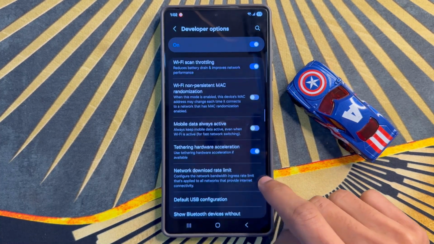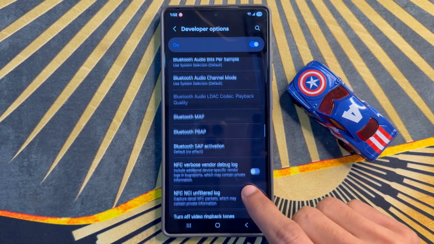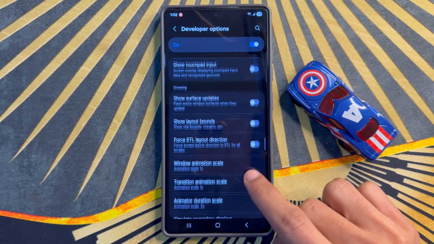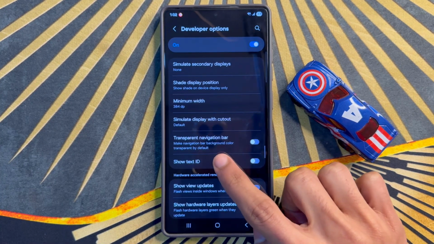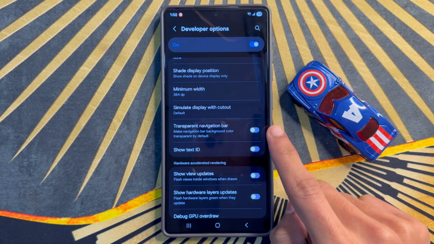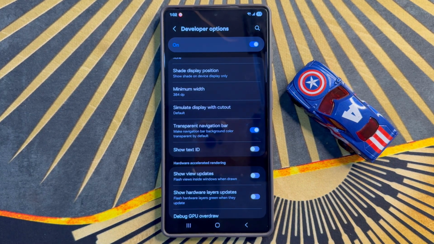So scroll down, you will see transparent navigation bar is here. So if you want to enable transparent navigation bar, turn on this button, you will see transparent navigation bar